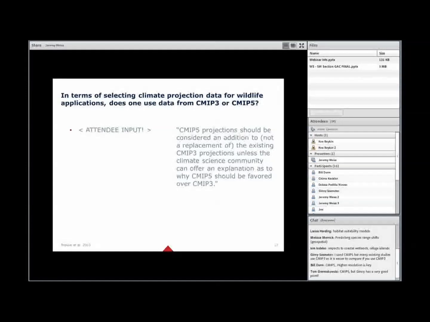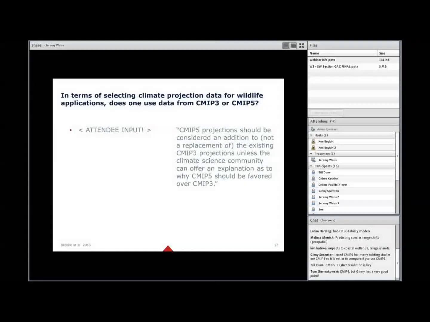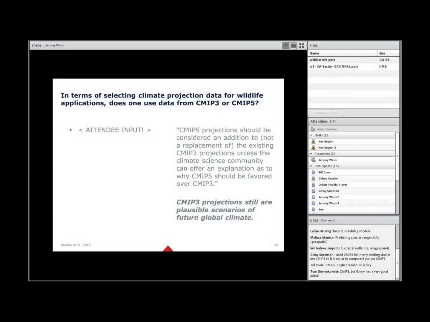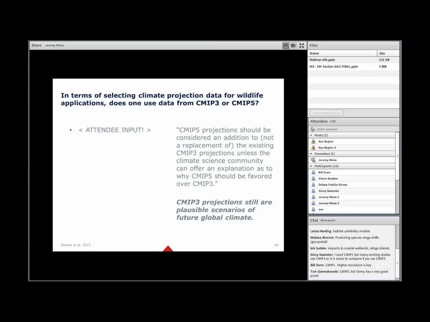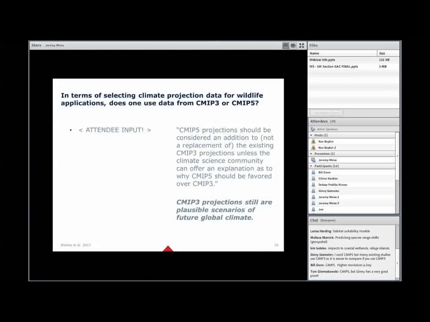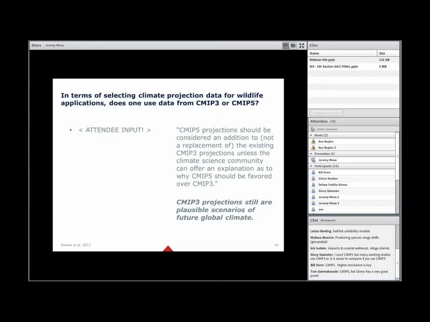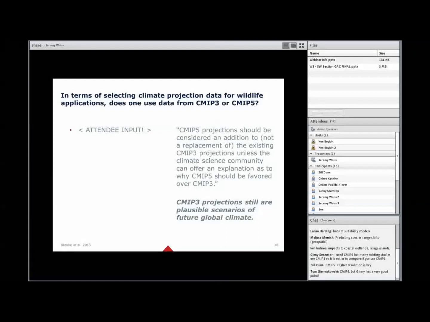And I think one of the reasons why is that those projections of future global climate are still plausible scenarios. So what are scenarios? Let's get into that real quick. Well, we know that past trends, even though they're pretty valuable in providing evidence for preparing for and anticipating future environmental changes, by themselves are insufficient for assessing the risks associated with what is an uncertain future.